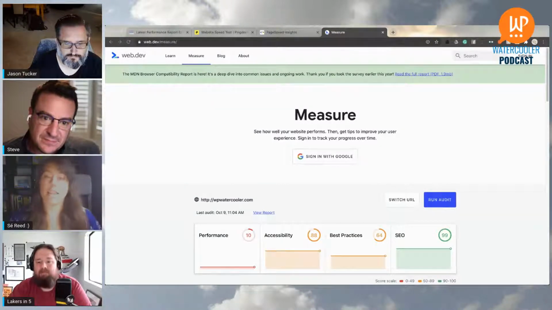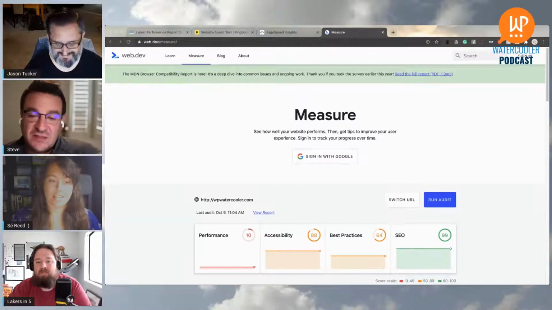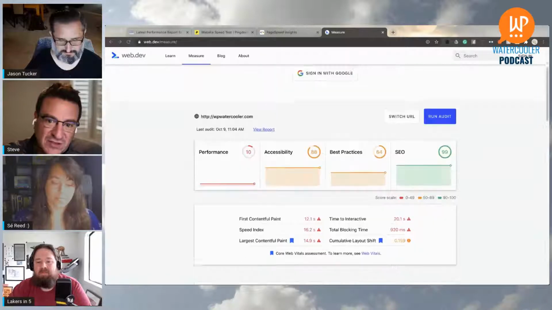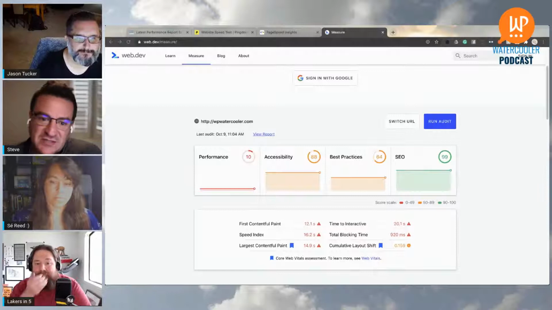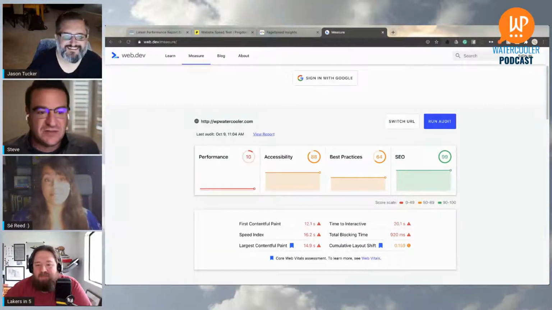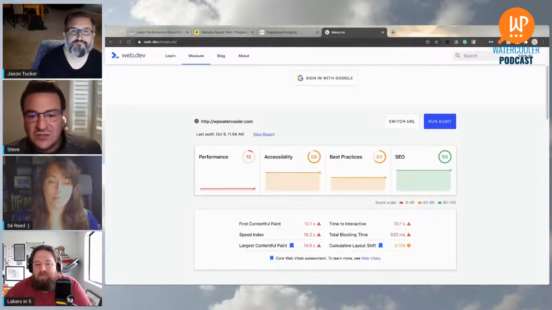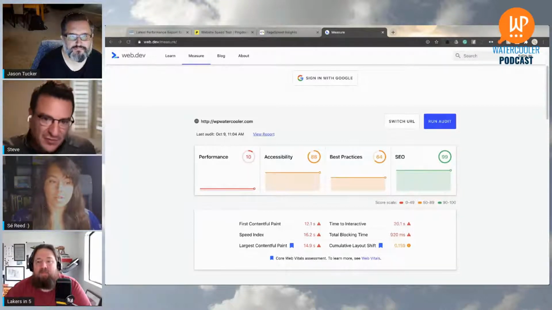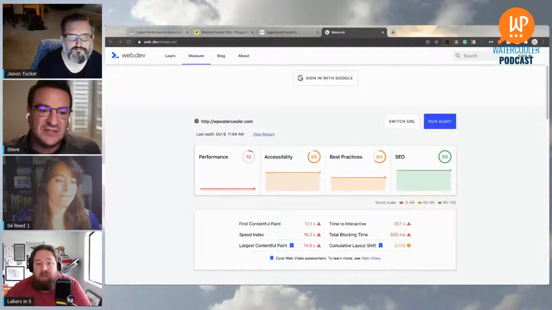How is this different than the Google Page Speed? So this is more comprehensive than Google PageSpeed Insights. Google PageSpeed Insights really talks about performance. This also gives you accessibility, best practices, and SEO. This is basically the front end of what's called Lighthouse. Google's measuring tool for this stuff is called Lighthouse. You can also do this inside of the Chrome inspection tools. So if you are a developer, this is just available for you inside of the Chrome tools. You can go into Lighthouse and generate a report. But if you're not, this will give you some good insights as to what's going on with your website.